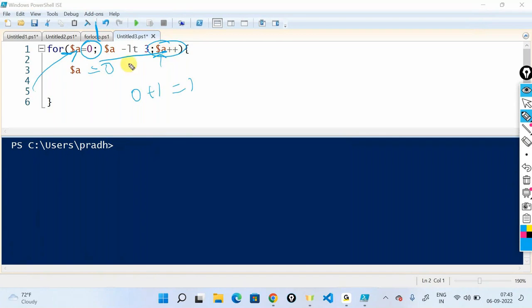Since 1 is less than 3, yes, I'll go in, print 1. Second time, it will be 1 plus 1, which is 2. 2 is less than 3, yes, I'll print it. Third time, it's going to say 2 plus 1 is equal to 3. Is 3 less than 3? No, it's false. I won't print it. That's the reason. If you execute this out,